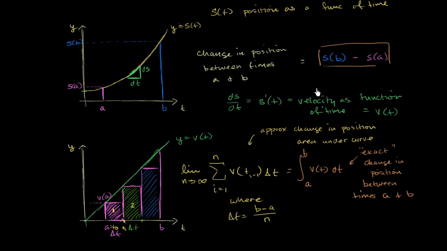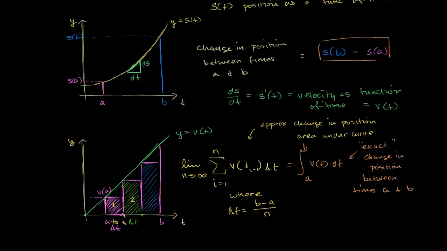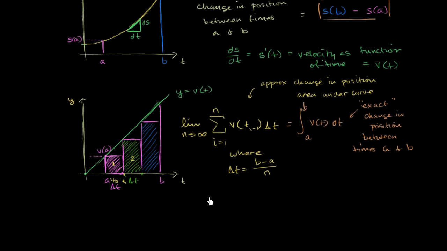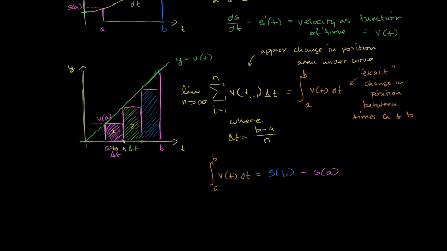And so this gets interesting. We now have a way of evaluating this definite integral. Conceptually, we knew that this is the exact change in position between A and B, but we already figured out a way to figure out the exact change of position between A and B. So let me write all this down. We have that the definite integral between A and B of v of t dt is equal to s of b minus s of a, where, let me write this in a new color, where